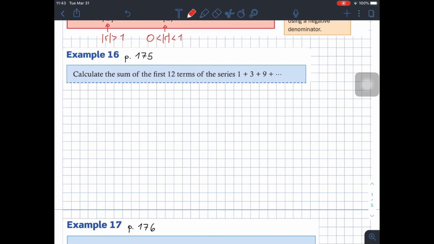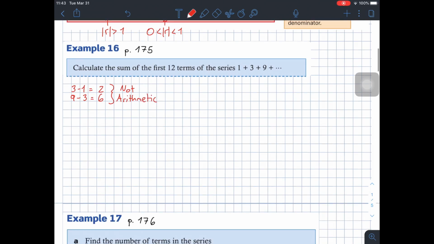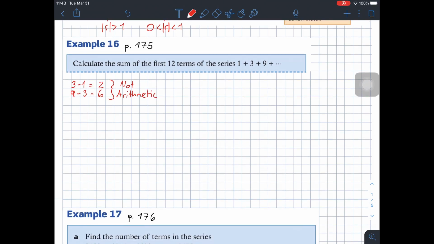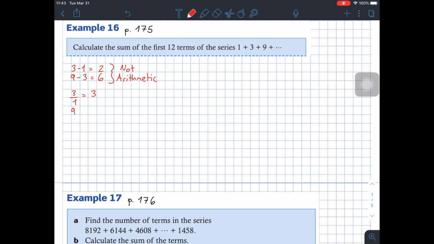So what we're going to try to do first is try if it's an arithmetic sequence. So we're going to do second term minus first term. This gives us 2. Then 9 minus 3 gives us 6. So this is definitely not arithmetic, right? Now we're going to try if this is geometric. So we're going to divide the terms. 3 divided by 1 gives us 3. And 9 divided by 3 also gives us 3. So this is a geometric sequence